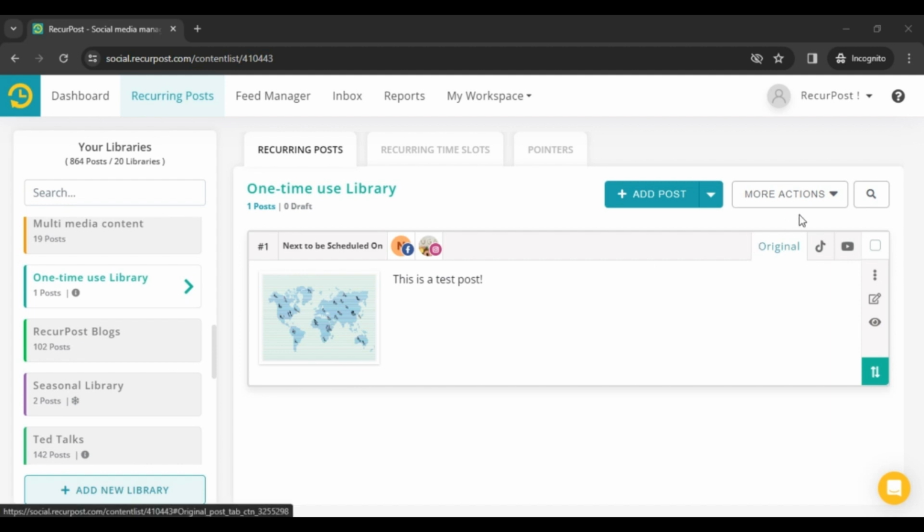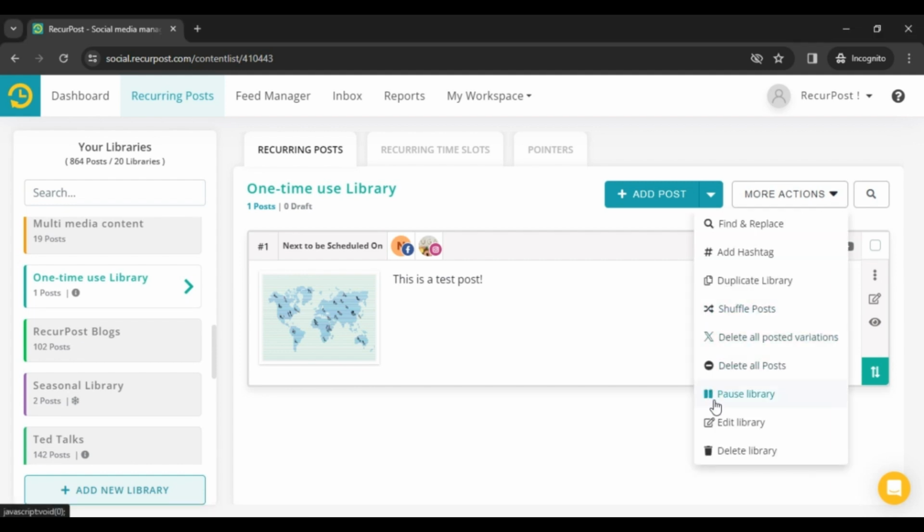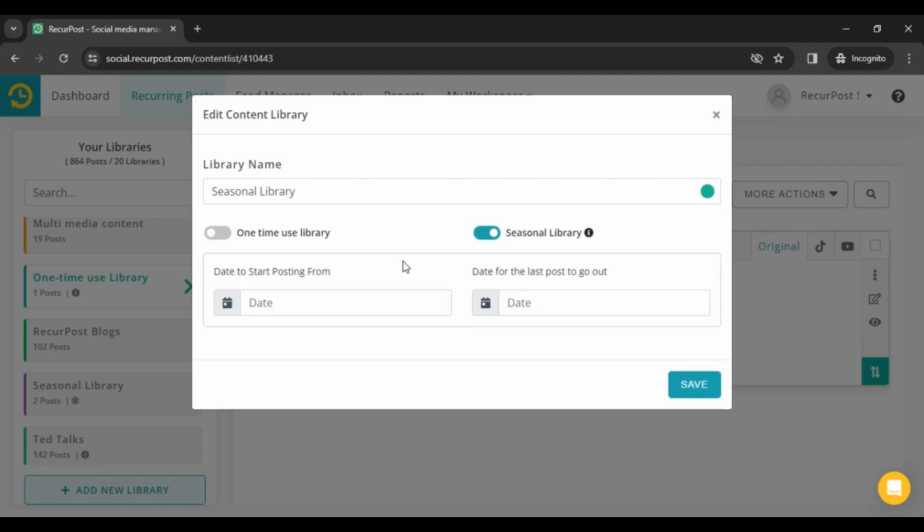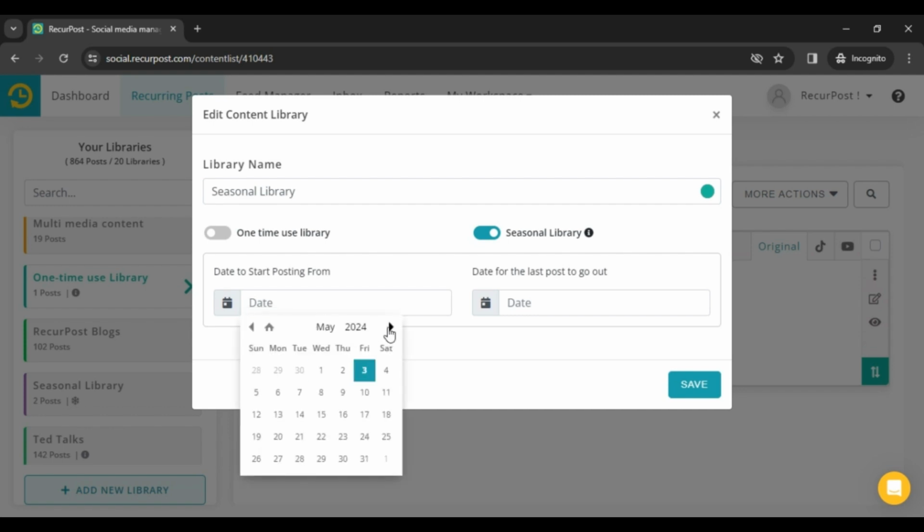Next, let's try to create a seasonal library. A seasonal library is a great way to share content that is seasonal in nature. For instance, you would like to post content during Christmas season. For posting content during Christmas, you have to select the dates,